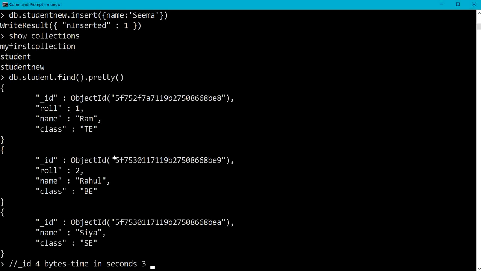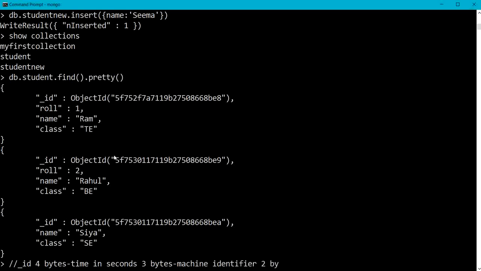The next 3 bytes, I need to repeat, the 3 bytes represent the machine identifier.